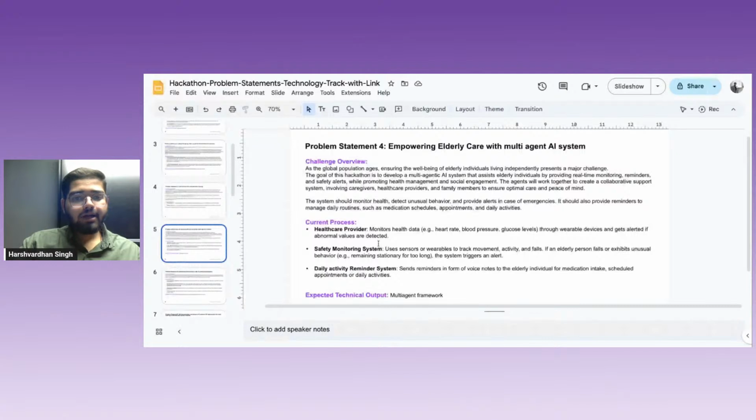Okay, empowering elderly care with a multi-agent system. Now, in elderly care, mostly what's happened is that you have a global population with a lot of elderly people in it, and major challenges. So the goal of the hackathon is to develop a multi-agent system that can assist